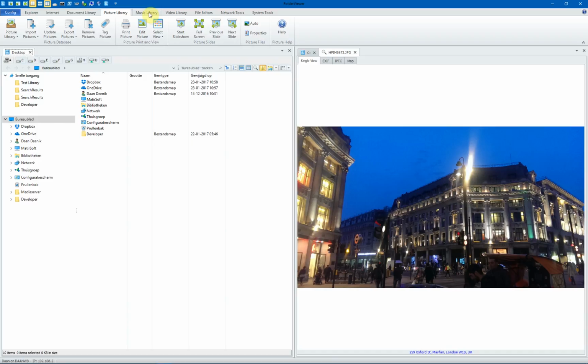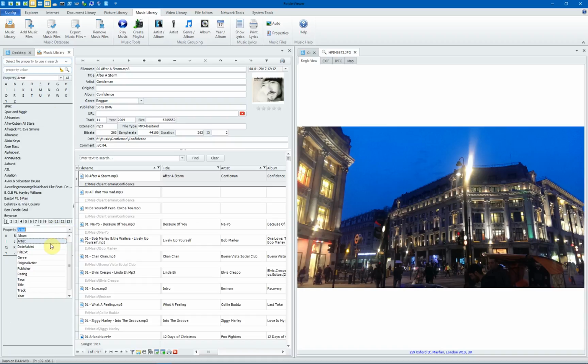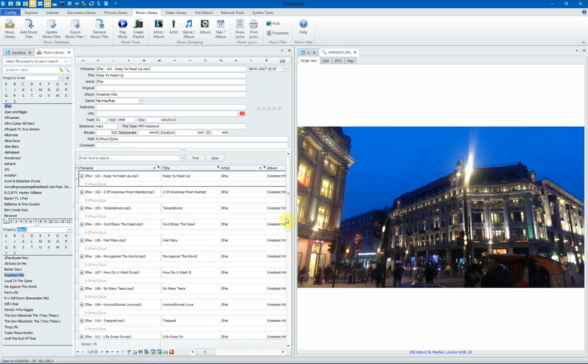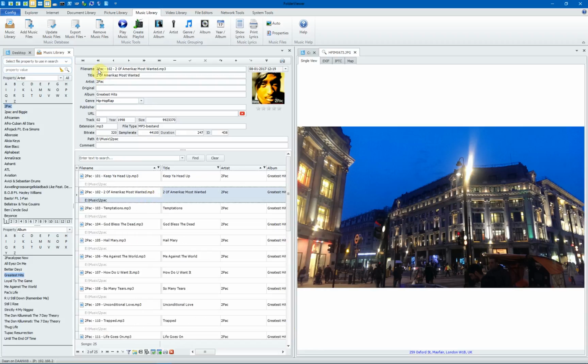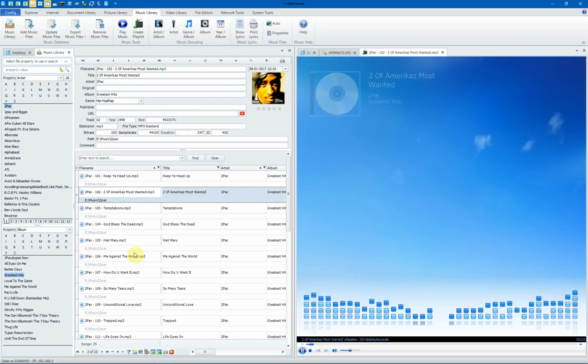Next, the last example, we open the music library. First the artist, and then the album. That's more logical. So when we click on Tupac, you see all the albums of Tupac are listed in your database. And when you click on greatest hits in this case, you see the numbers listed. And again, when you play the number, you will